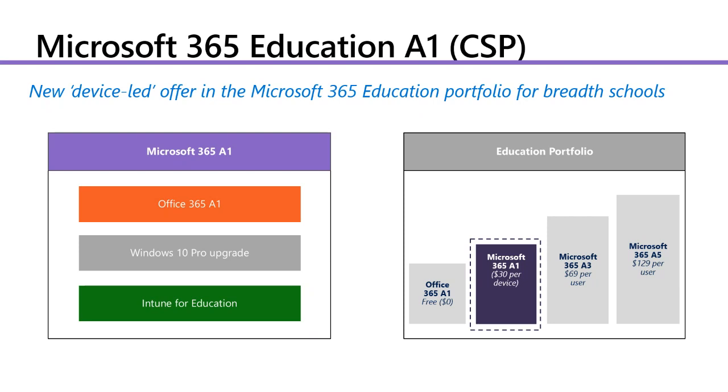But where it differs is that it's a device license. You can see there's a price of $30, which I think is like £26. That's the ERP, and that's for the lifetime of the device. By lifetime, we mean 6 years, really. This can be assigned to a new or an existing device, so you can imagine it's great for Windows 7 or 8 devices because of the Windows 10 Pro upgrade license.